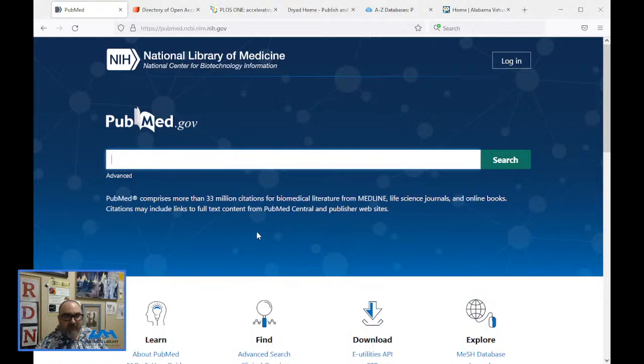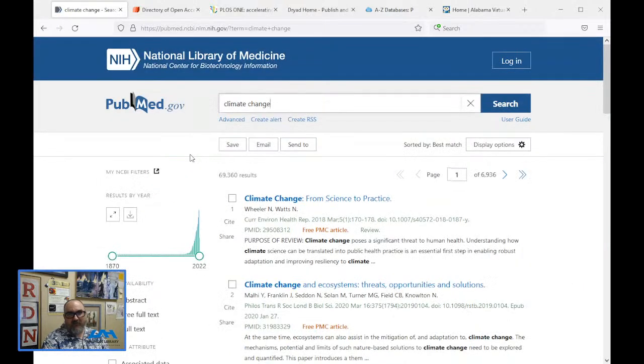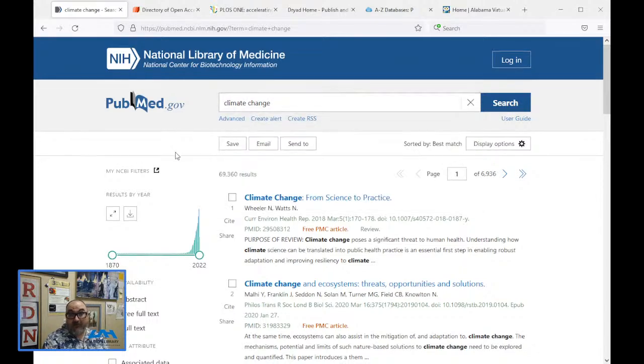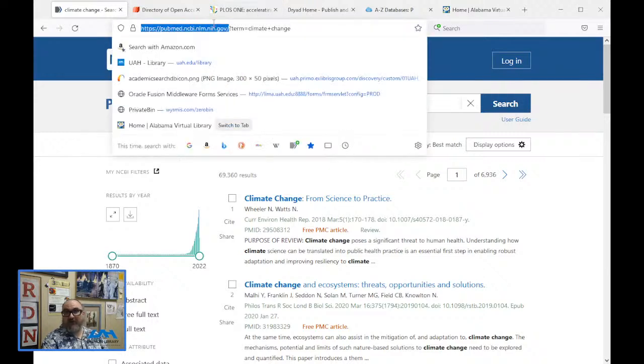If you know PubMed, you're going to say, well, it's the National Library of Medicine, but it has a lot of scientific research outside of just what you might think of as pure medicine. For instance, you can just search for climate change, and without any limiters, I get about 70,000 results. But you can specifically look for climate change health, climate change infectious diseases and such, and it can be a very good resource. And I'm not searching this through the library. This is just everybody's available